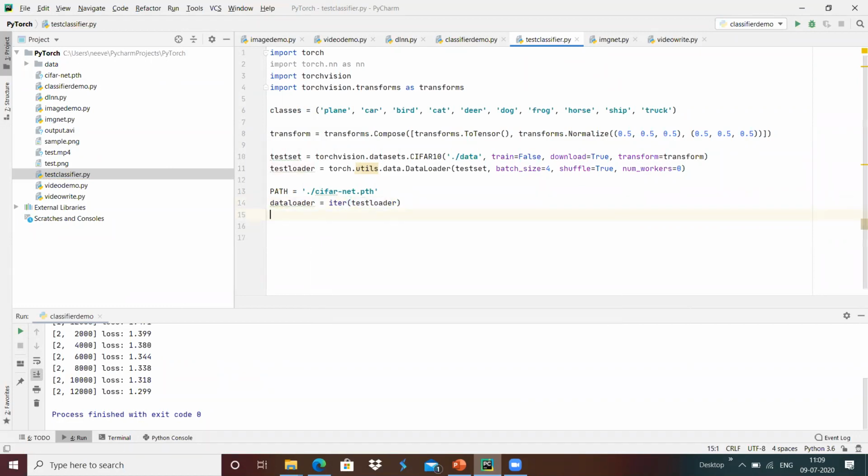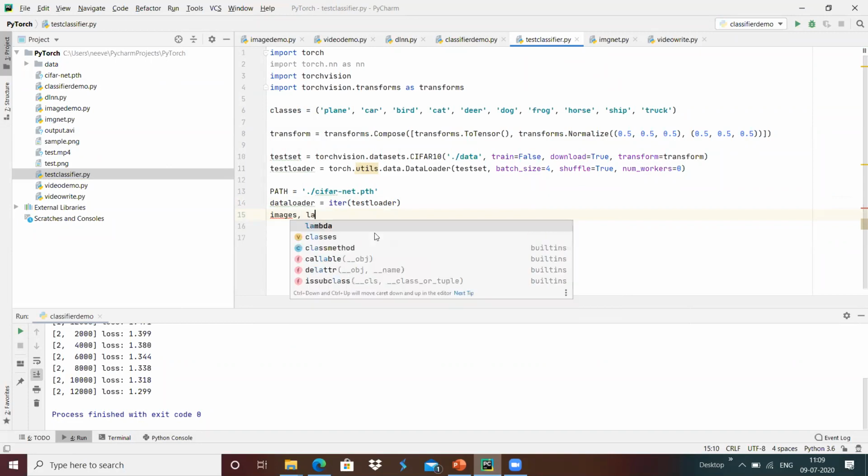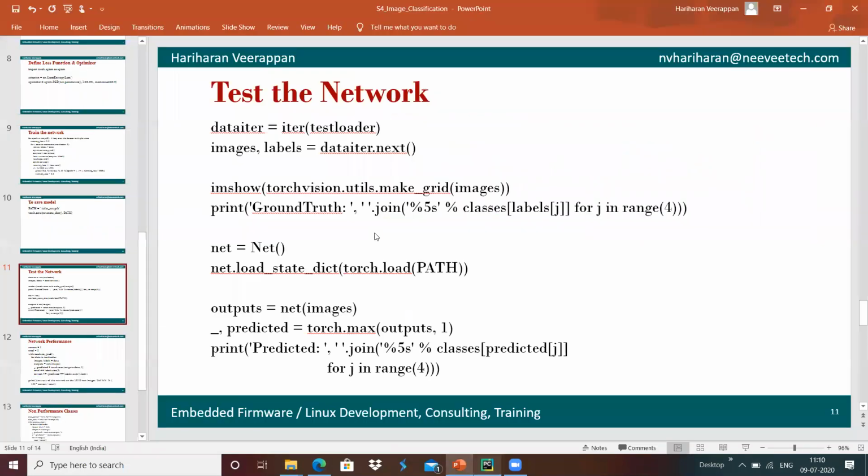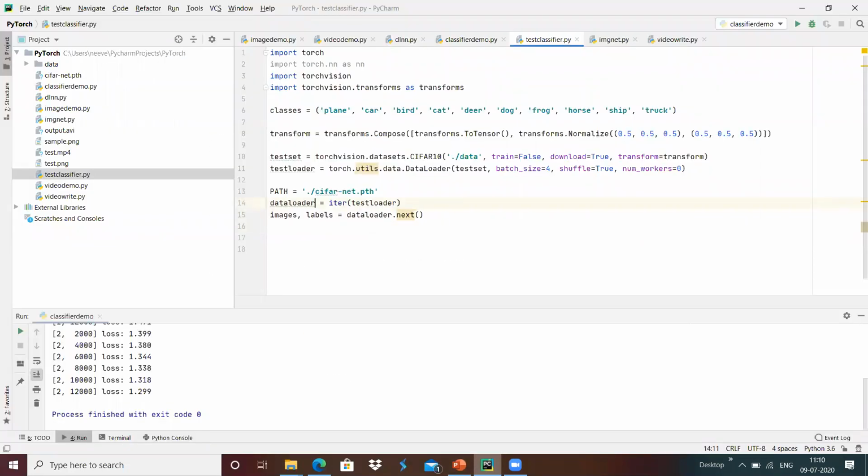And once it is loaded, I'm going to do images, comma, labels over here, and data loader dot next, which gets the next. Sorry, maybe we can name it data iteration.